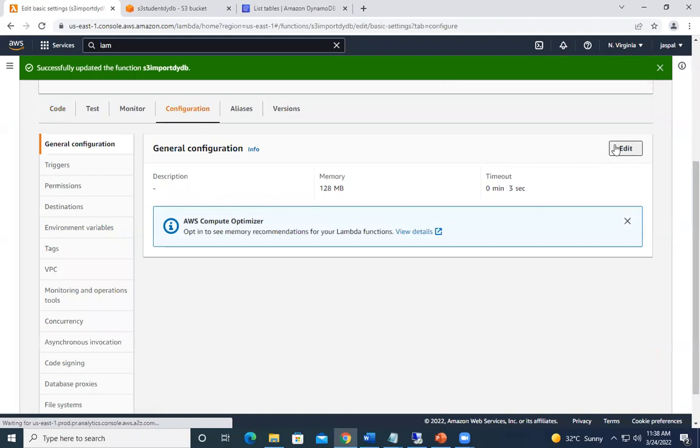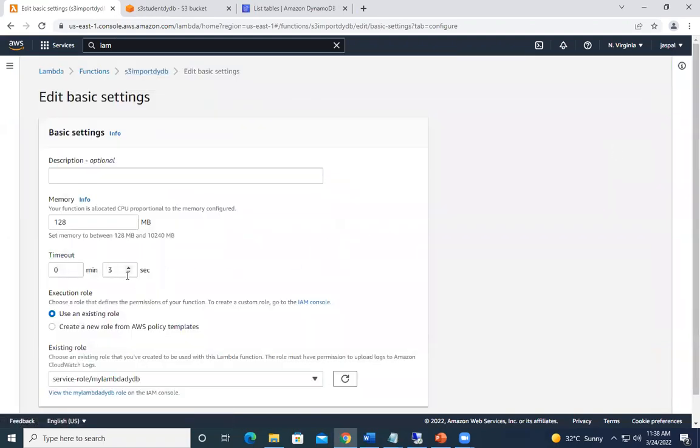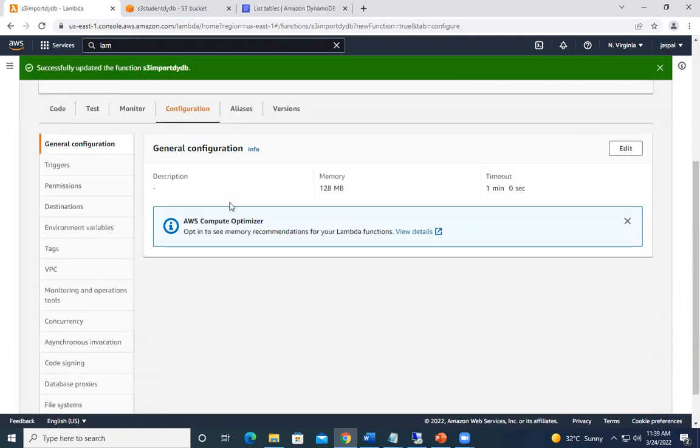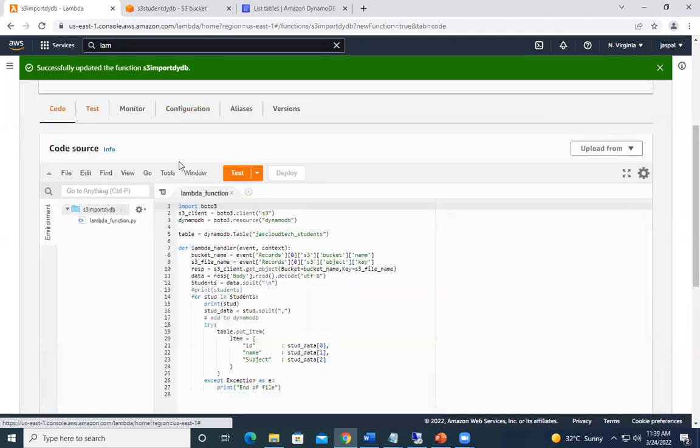So here we will edit this one and change the timer to 1 minute. And then click save. We'll go back to our code. So everything looks fine. Then we will go back to the